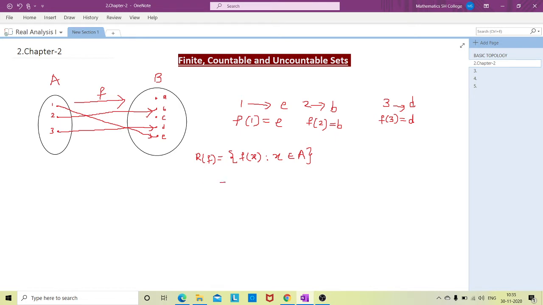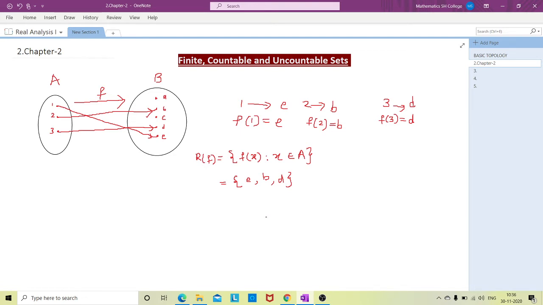So here the range of f is E, B and D. All these elements come under the range of f.